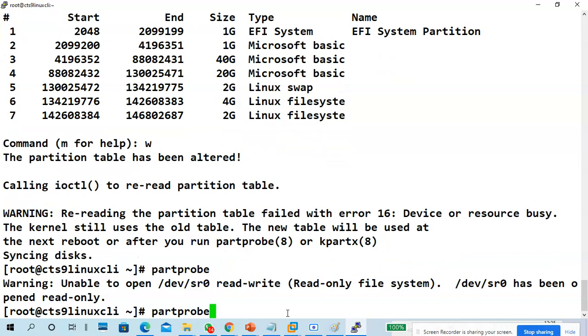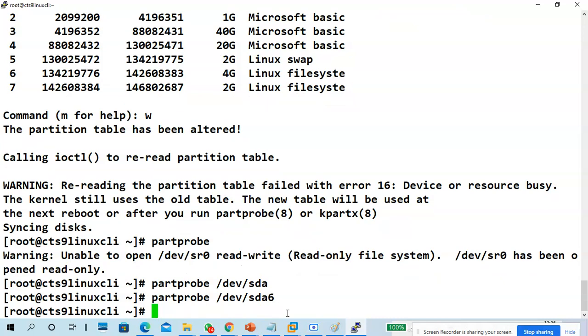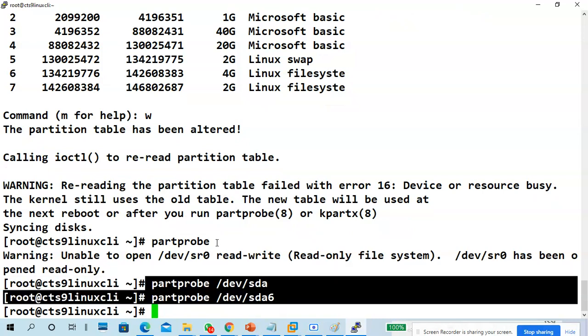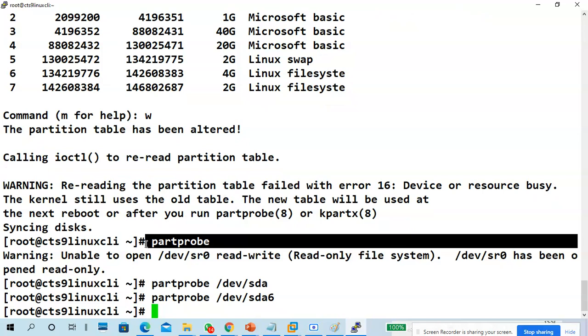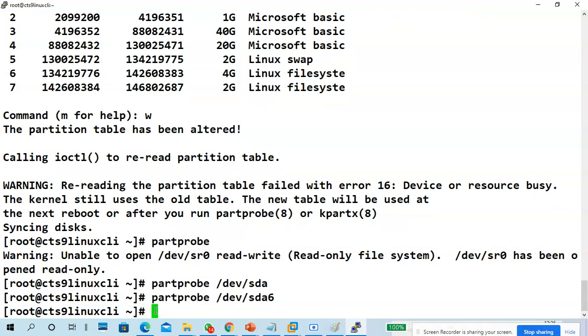Okay, it is showing a warning, but it is already done. Otherwise, you can use lsblk, the block device partition information, like this. You can also tell this is available. This also you can do, extra, no problem.